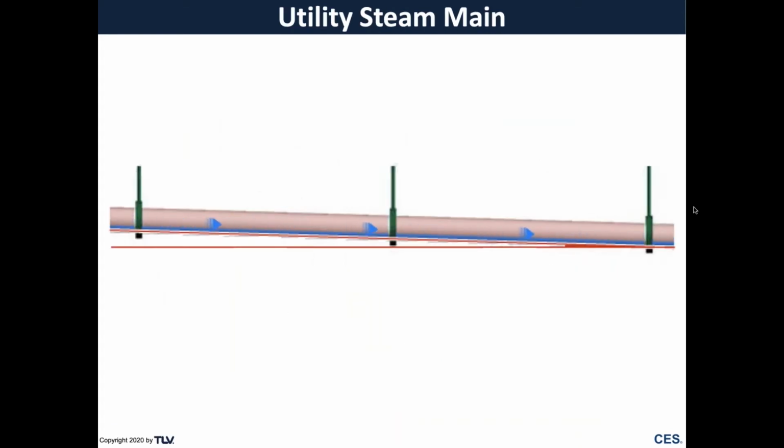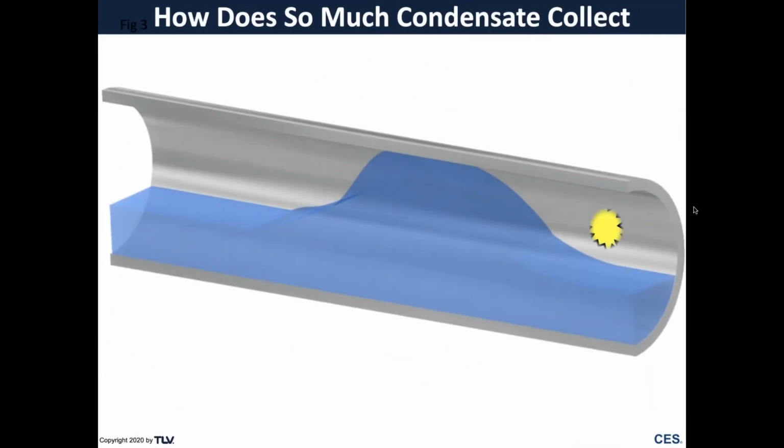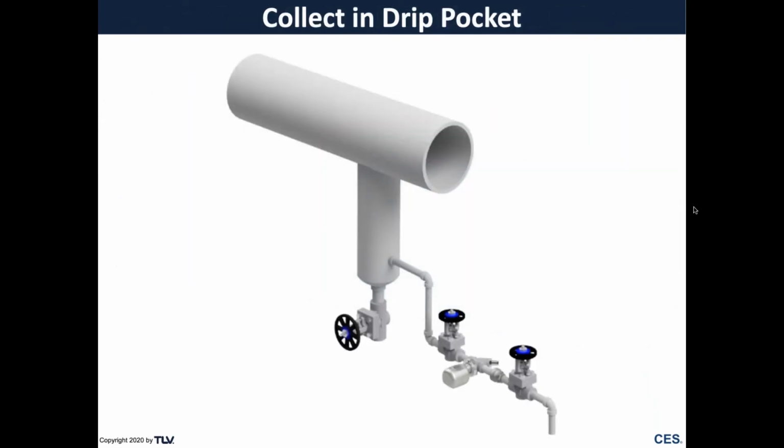We think of our utility mains like this. We've got steam running across the top of the main, and at the bottom, condensate has fallen down and collected, and it's going to be transported along the pipeline, can be transported at high velocity, and if we don't drain it, we can get a water hammer event. So we know we've got to drain it through adequate size collecting legs. And this is a drip pocket and collecting leg with the trap and valves,